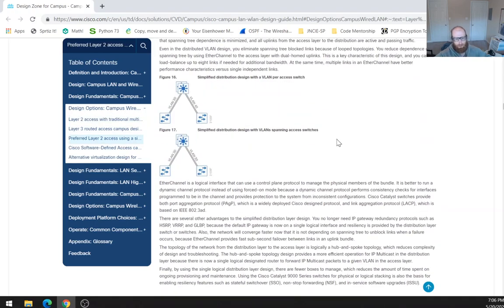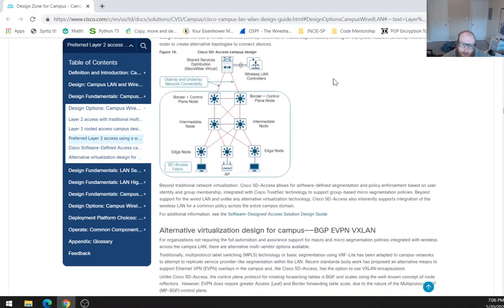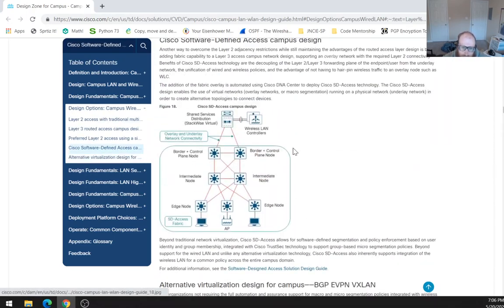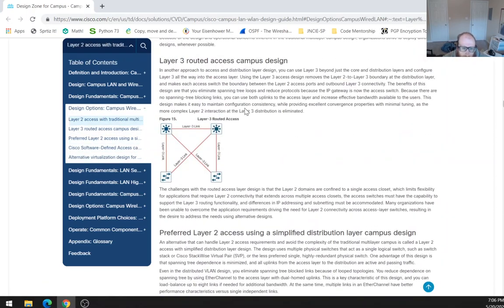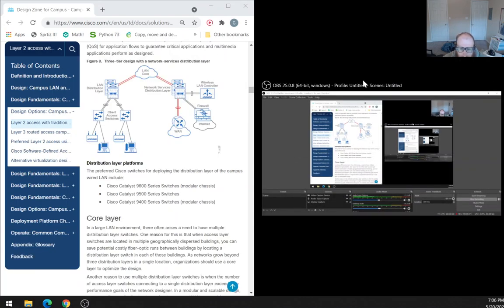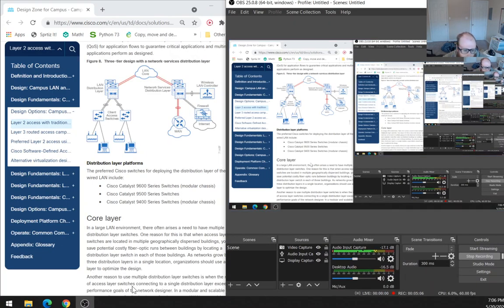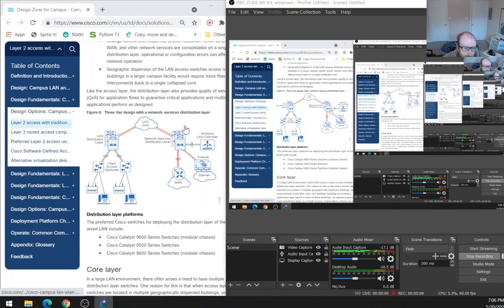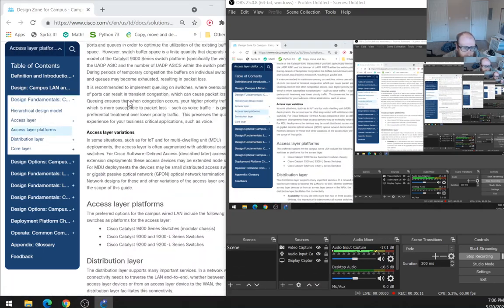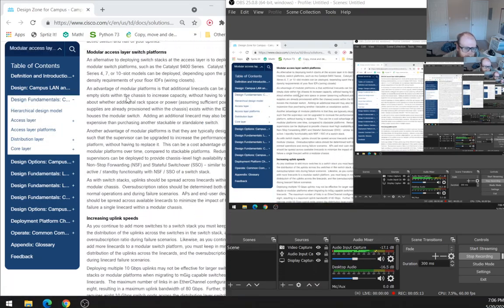Okay, so let's set up this next one. In this next one, we've got every link is a layer 3 link. Now that's going to be a little tricky to do. We can't do it exactly as shown there, where I put an IP address on the actual link, because